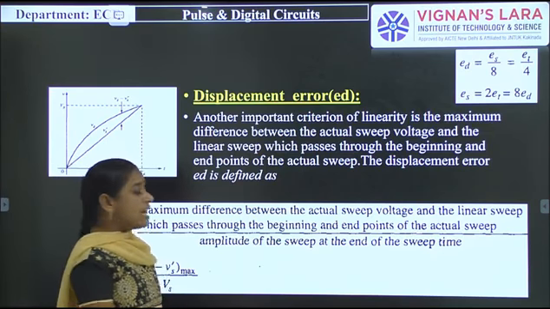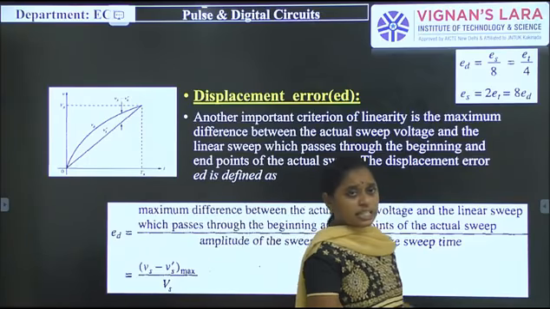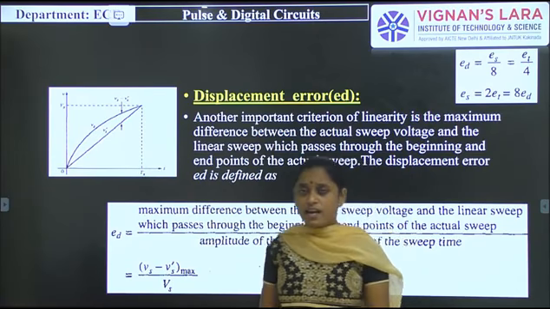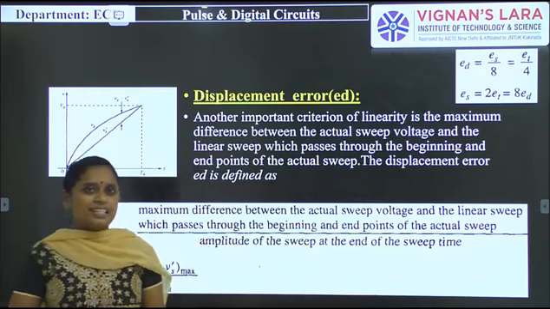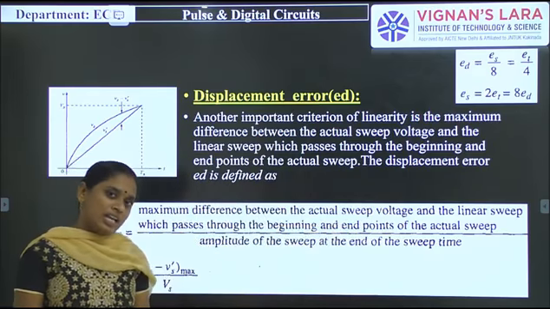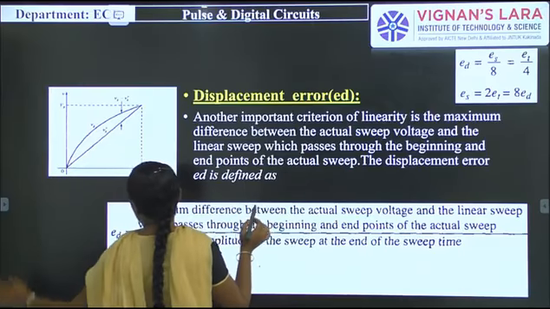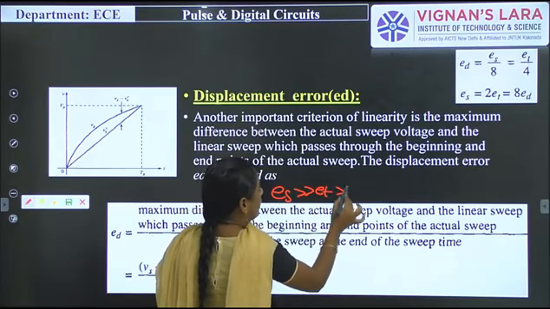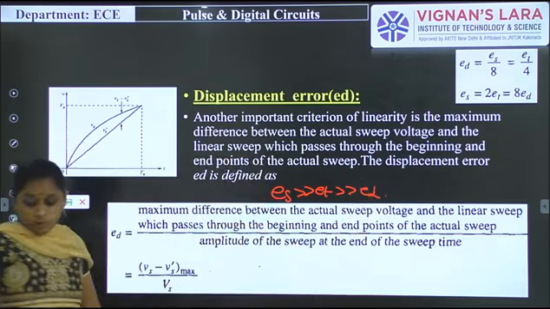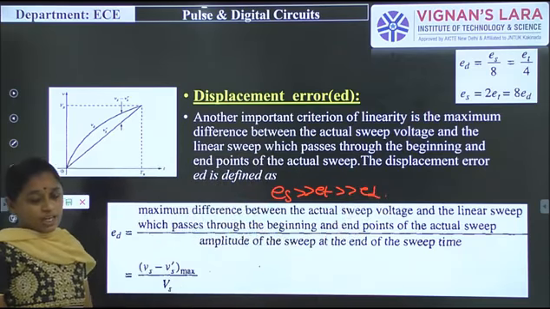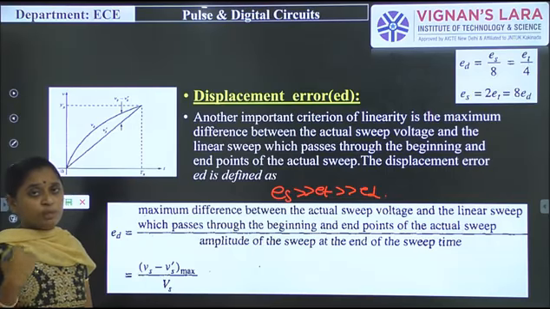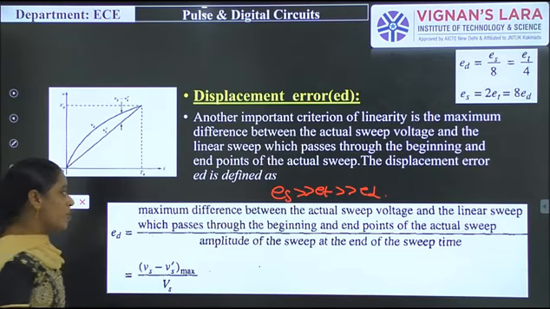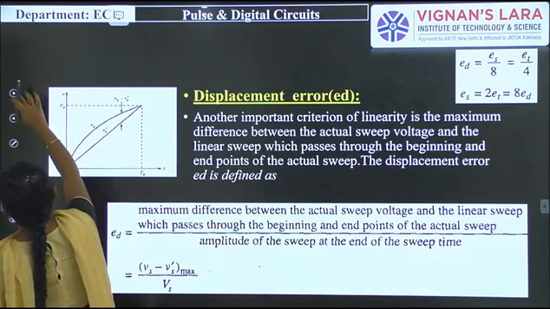Generally the deviation from linearity can be expressed like this: Ed is equal to Es by 8 and Et by 4. Simply we can say that most of the error that occurs is the sweep error. So Es is far greater than Et and far greater than Ed. That is about the transmission error. These are nothing but deviation from linearity. The sweep error is more than Et and more than Ed.